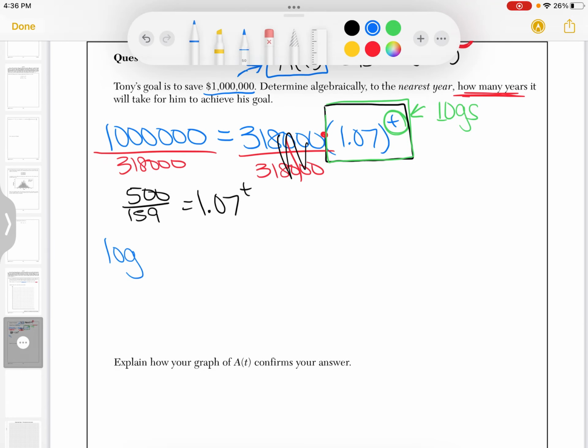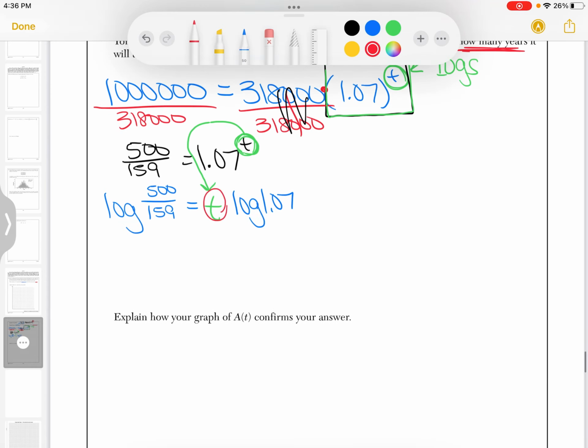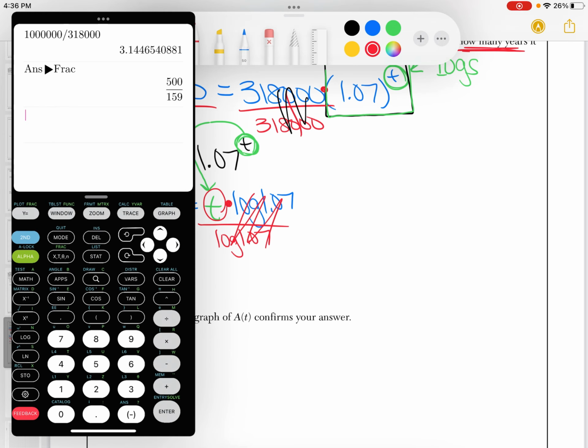So using logs, I have to write the word log on both sides. This will be the log of 500 over 159 equals, when I take the log of this side, the whole point in taking the log is to bring the exponent to the front so that t comes down, then it's t times the log of 1.07. So now that I'm solving for t, I need to get rid of the log of 1.07. They are being multiplied, so I have to divide by the log of 1.07. So these cancel, and I end up with, let me plug this into my calculator,